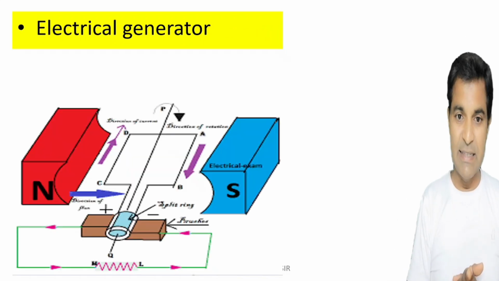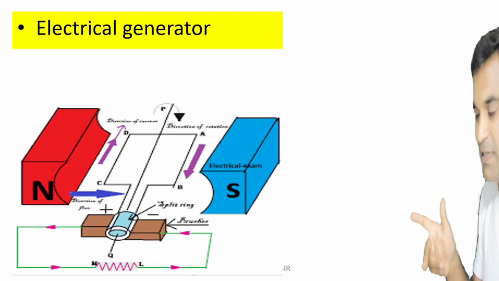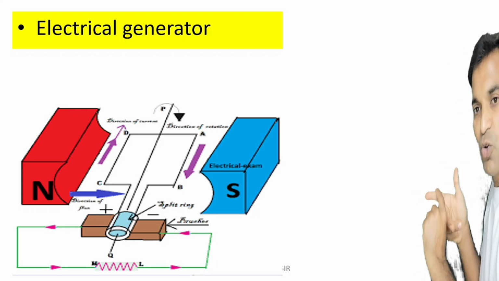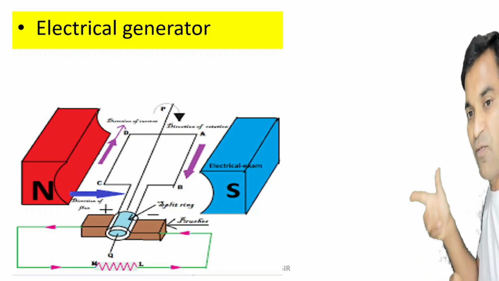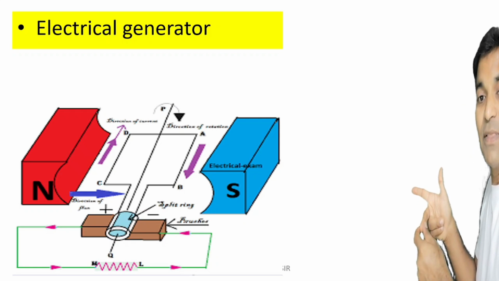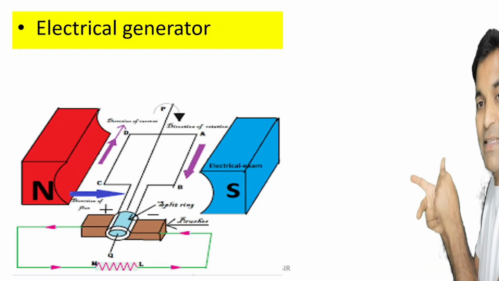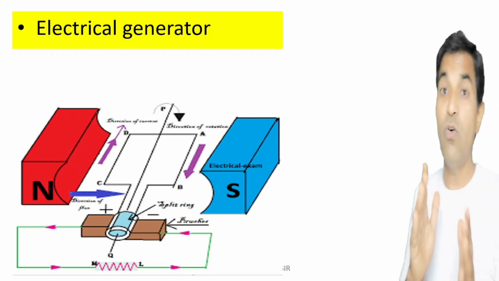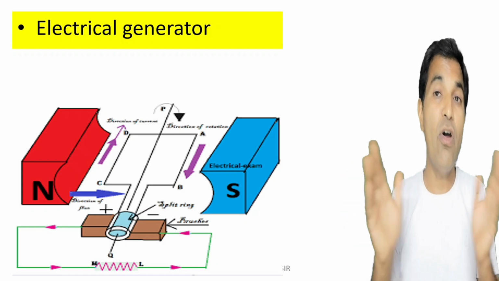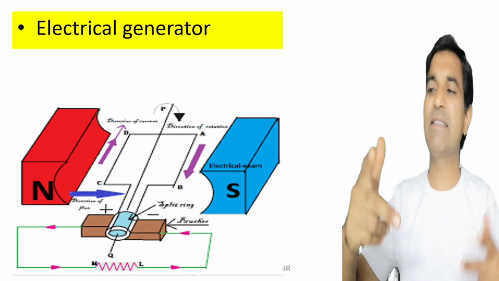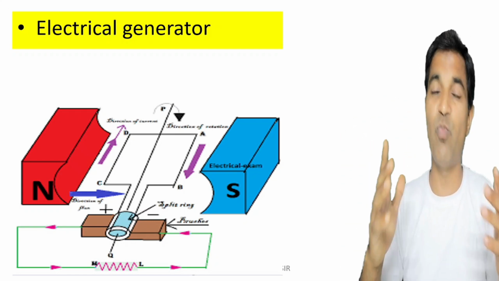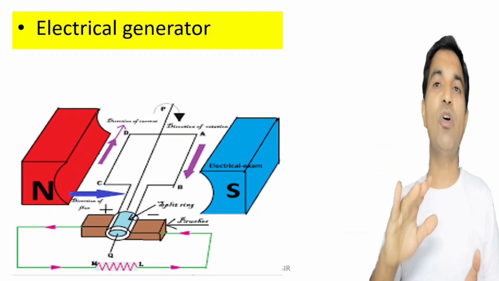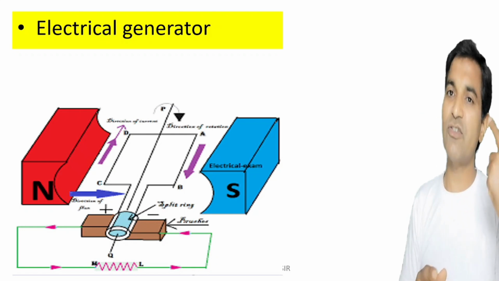So in case of an electrical generator, for example, if this is the direction of field, that is north to south, right? So north to south, this is the direction of the field. Now if the direction of movement is like this, then the direction of the generated current will be like this. So you will have to visualize this in your own mind. You will have to apply Fleming's left and right hand rule in your mind to find out the direction of induced current in case of the generator and the direction of the movement of the armature in case of an electrical